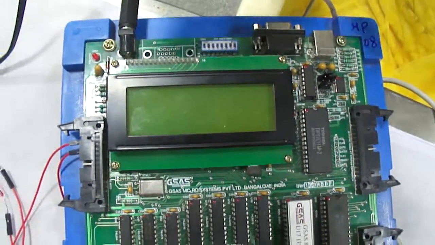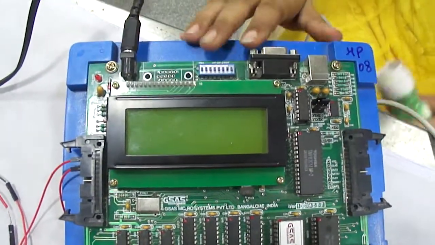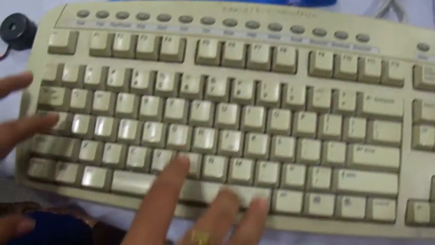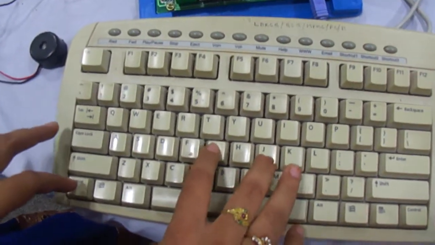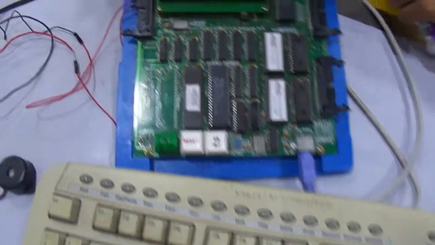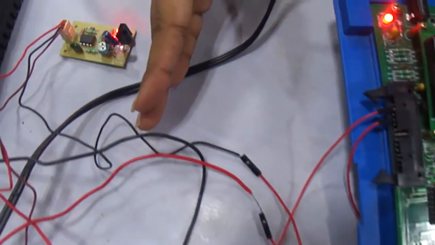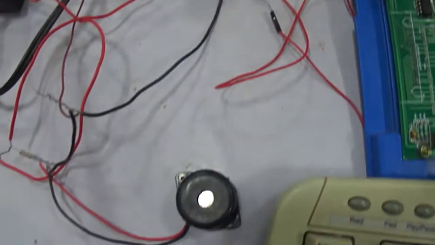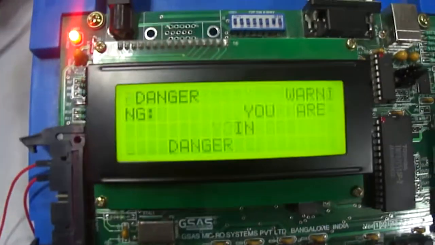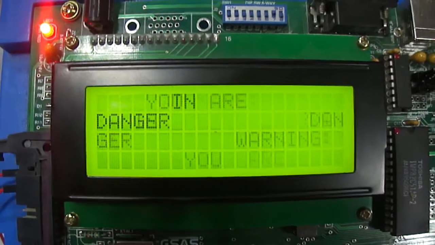Be ready, some warning has occurred. And coming to the output, first we execute that. When an obstacle is present, we are getting the buzzer here, and at the same time the display shows that some obstacle is there. You need to take caution, meaning some danger will be there.